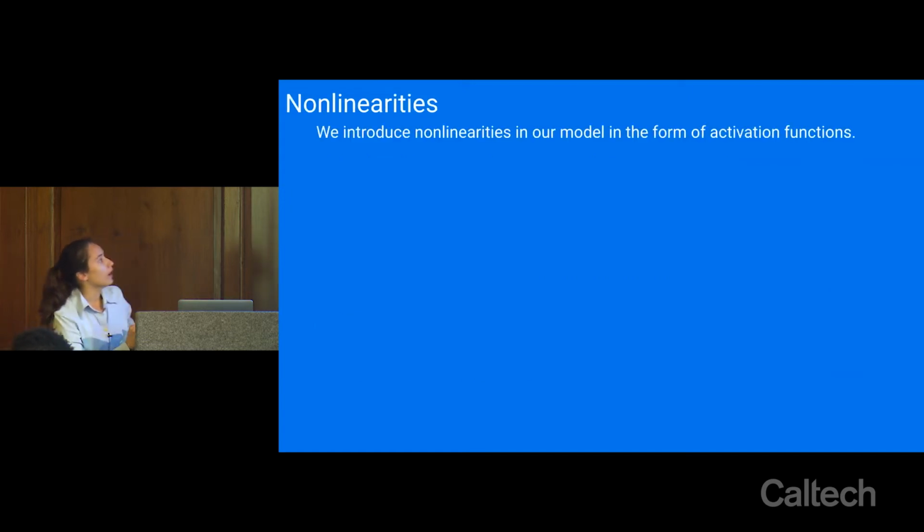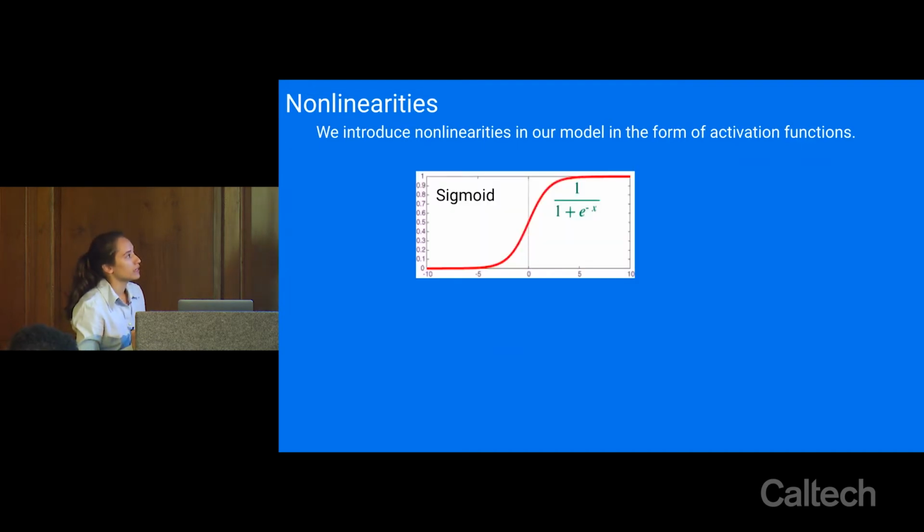Okay, so I mentioned this briefly on the last slide. Nonlinearities are called activation functions, same thing. There are many of them, and there are many more than what I'm going to put on the slide. I just want you guys to see them so that you're aware there are many options. So the first one is called a sigmoid function. We're really not going to go into the math. I just want you guys to see it and to get a visual of the different options to make